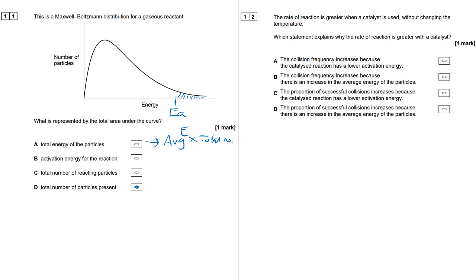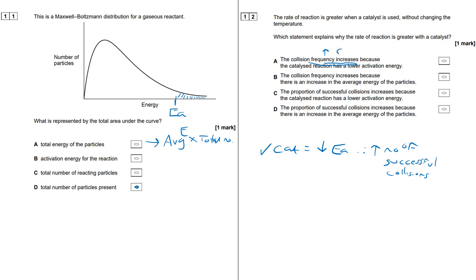Question 12. Rate of the reaction is greater when a catalyst is used. So how does a catalyst increase the rate of reaction? It decreases the activation energy, therefore you're going to increase the number of successful collisions per second. So lots of these options here talk about the collision frequency increasing, so that will only really happen